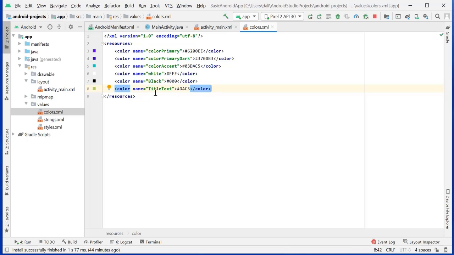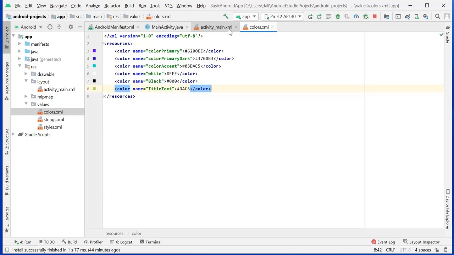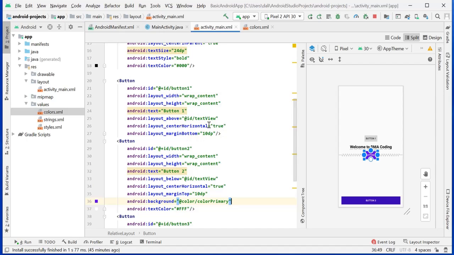Further, if we have used title text as green everywhere, and later we want to change the color, like every title in the project needs to become red, we simply change the color here and it will affect everywhere. No need to go and change the color everywhere. So this will be the benefit.